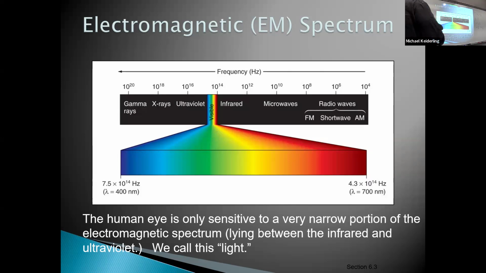And then there's visible light, which is a small segment of frequencies between 7.5 times 10 to the 14 hertz and 4.3 times 10 to the 14 hertz, and wavelengths between 400 nanometers and 700 nanometers. That's just the range that humans can see with our eyes. It's centered more or less around the brightest portion of the light from the sun. This visible segment corresponds roughly to the middle of what's coming from the sun.